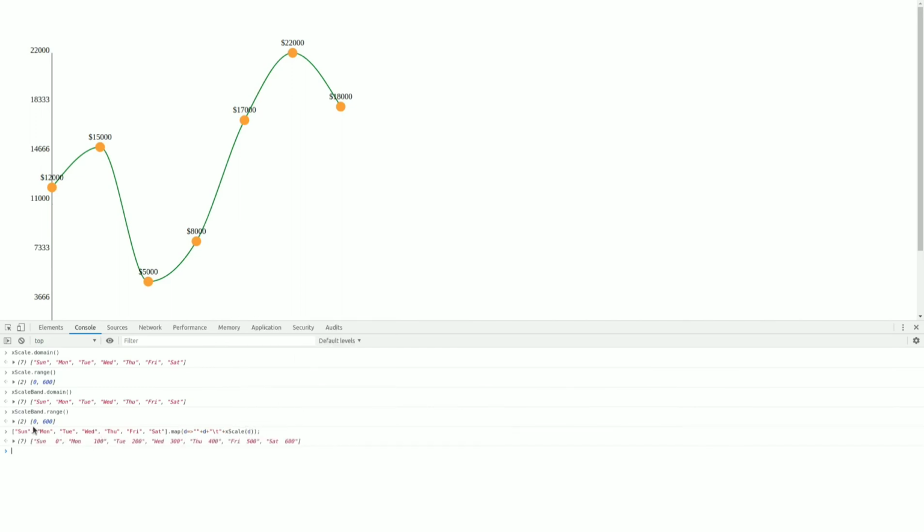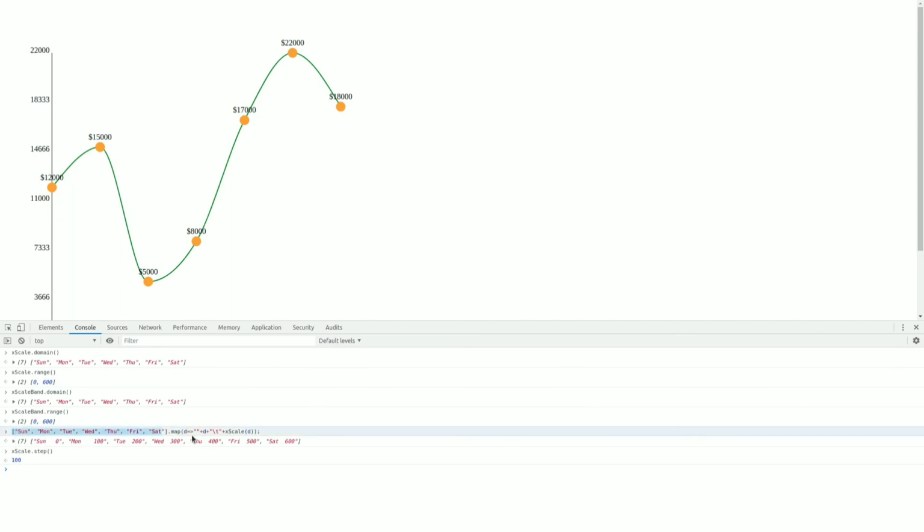Now you can see that for xScale, when I pass the xScale, for this weekday name I got the value for Sunday 0, Monday 100, Tuesday 200, and so on. And if I print xScale.step, then you can see that it is 100 pixel. The step size between two different ticks is 100 pixel: 0, 100, 200, the difference between them is 100.